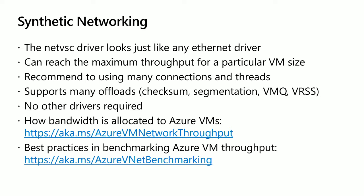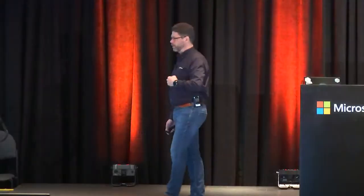If you're trying to get the maximum throughput, then I recommend using as many connections and threads as you need. A single thread will experience some latency going through the host and out to the network that you may not enjoy so much, but you can still get 8 gigabits per second out of it and up to 11 gigabits per second out of a single thread. No other drivers are required on your Linux VM to make use of NetVSC, so this is definitely the standard path for getting things. There's a couple more links here about how to do benchmarking and a little bit more